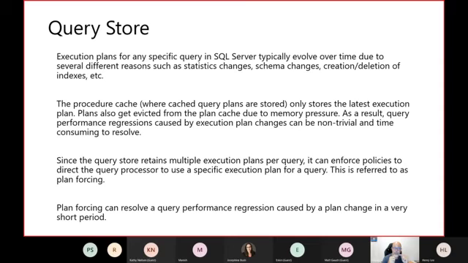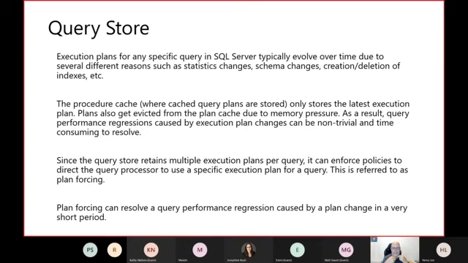One important thing introduced also with Query Store is that if we identify one of these procedures that had a regression in its execution plan, we can manually force the execution plan for that procedure to use one that was better from before, right?